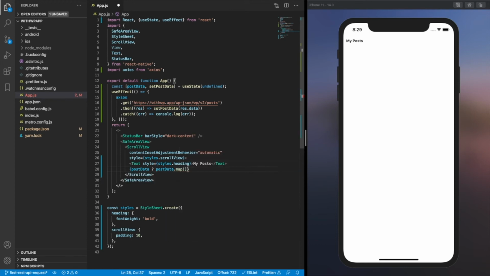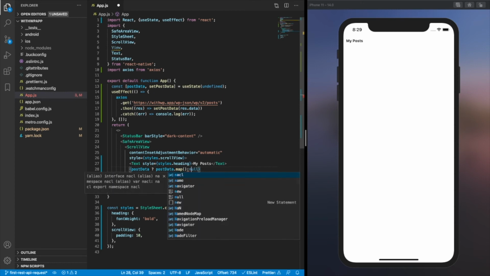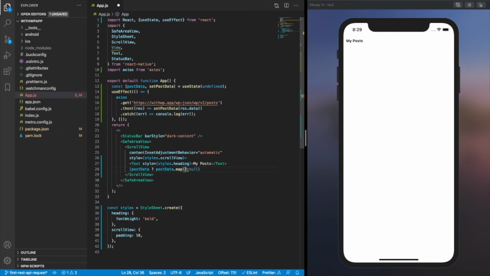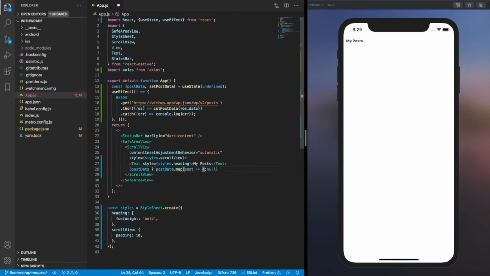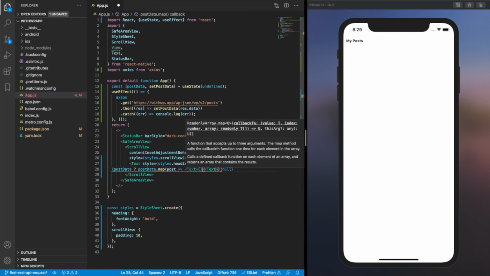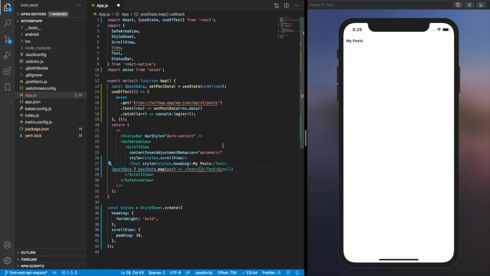And before I forget, I'm going to give my conditional here: if this data doesn't exist, I'm going to render null, nothing. So I'm going to map over each post, and I'm going to create a text element for each of those posts. And if you're familiar with the WordPress REST API, or if you watched my previous video on what the REST API data looks like, then you'll know that each post item, each post object, is going to have a